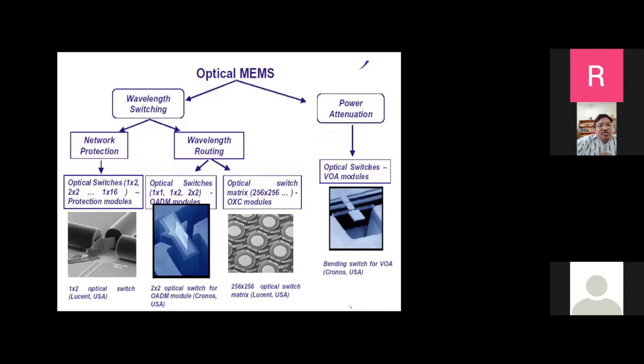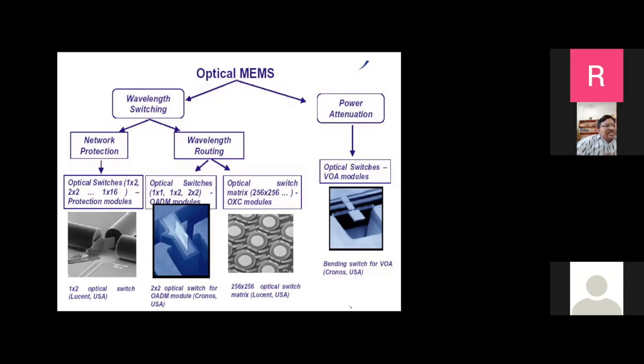This slide will show you, like yesterday, I think I have shown you, various applications of optical MEMS. There are two broad ranges of applications, one for power control and one for networking applications. Power control is needed in biomedical and many applications where you want to control how much light is propagating. In networking applications, you are more interested in controlling whether light propagates in a particular direction or not.